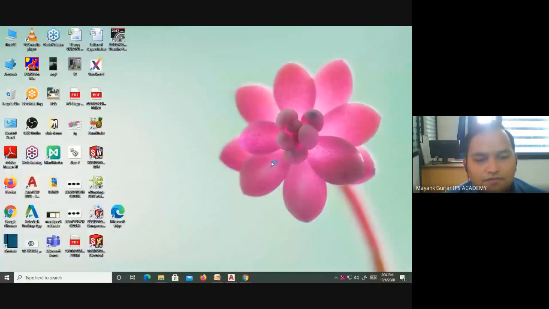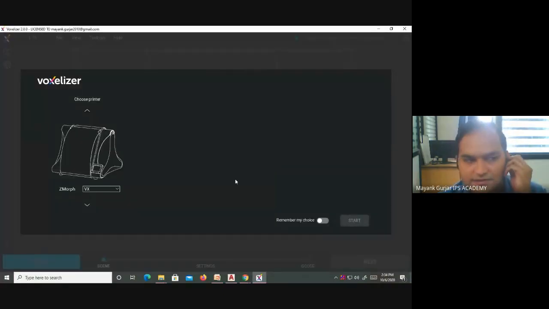This is the updated version, Voxelizer 2, and it is given to us with the ZMorph printer. You can also download it. It's free of cost, open source software. You just have to go to Google and download Voxelizer. There are no licensing conditions; you can use it for a certain period of time. It's ZMorph based